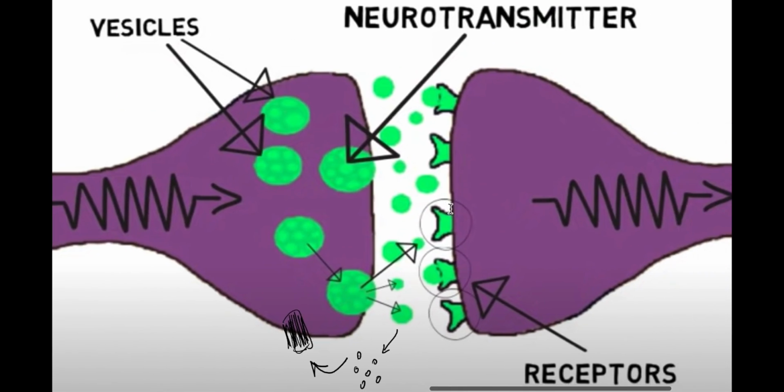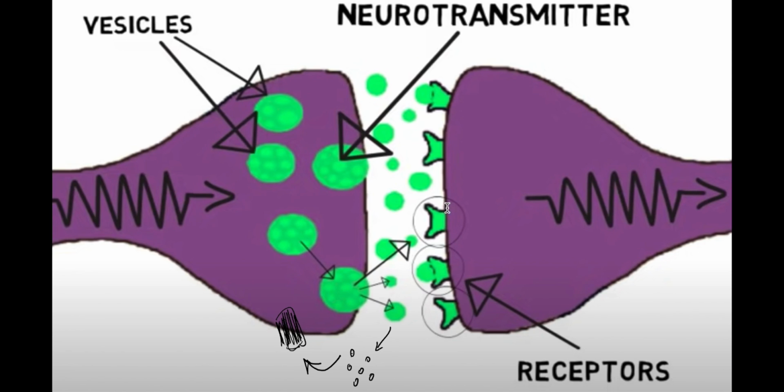Another implementation of this is here, where this is the action potential, and then the sodium ions are triggering these vesicles to bind to the membrane, which breaks open the neurotransmitter molecules, which in turn bind at specific receptor sites, which triggers another signal in the secondary neuron to generate an action potential, which is then carried on. These neurotransmitter molecules, some of them are metabolized, some of them get acted upon by enzymes, but